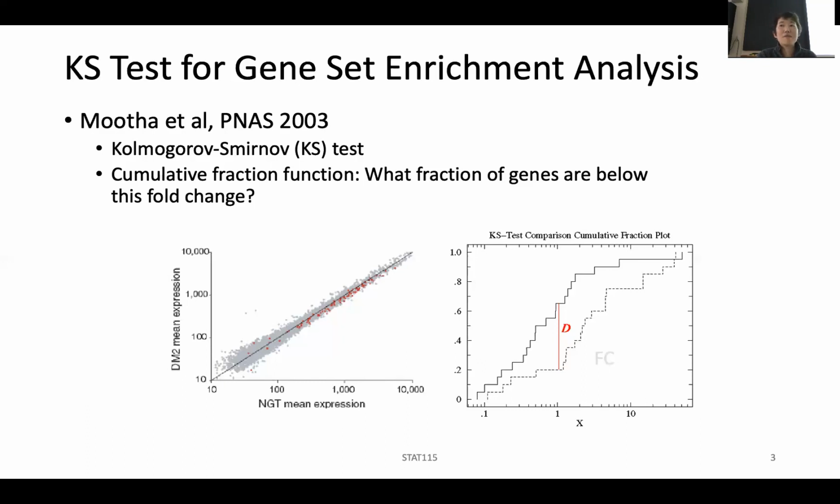Fold change of 1 means there's no differential expression, right? And so you probably would expect half of those genes. So this may not really be the best example. In the real case, the genome-wide distribution should, at fold change of 1, be pretty close to 50%. And in this case, neither condition is like this. But imagine you use all the genes in the genome to generate that background distribution, and then you ask,